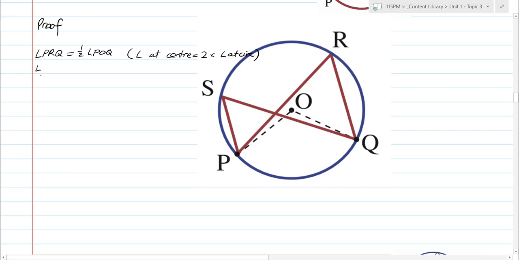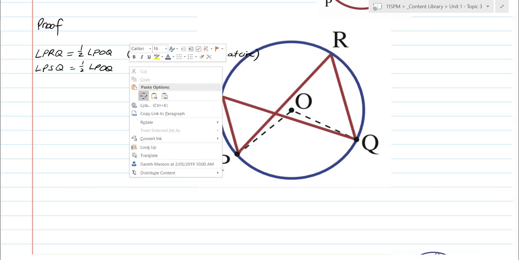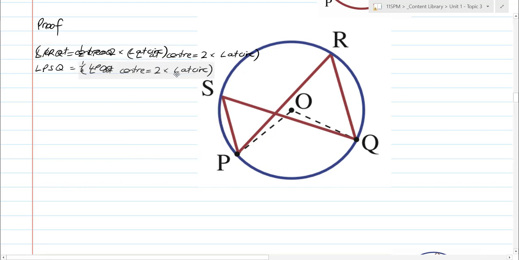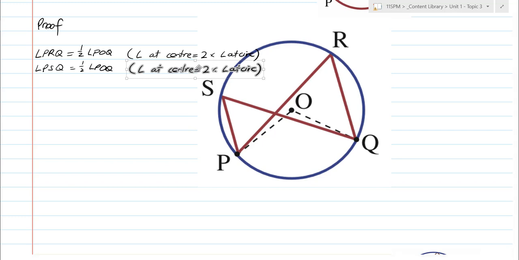Karma, got me. Angle PSQ is also equal to half of angle POQ. That's PQO, and that's for the same reason. So I'll pop that down there. So what I'm saying is that this angle is equal to half of the inside angle, because they're the same arc, that's theorem 1. And this angle is equal to half of the inside angle, theorem 1. And therefore,